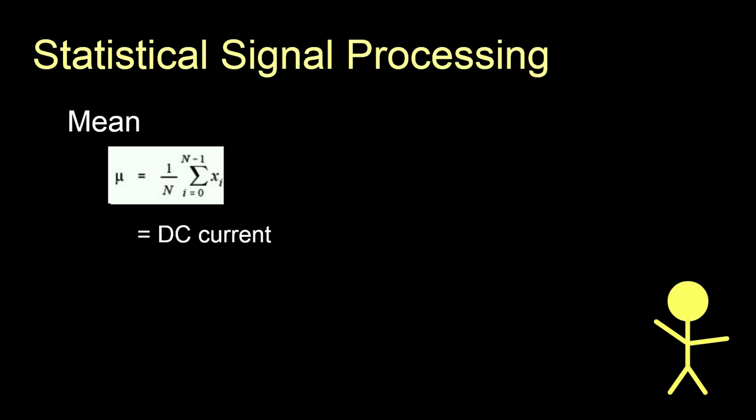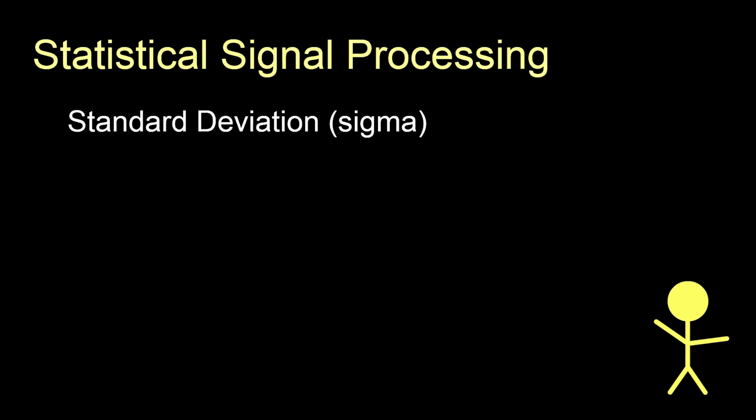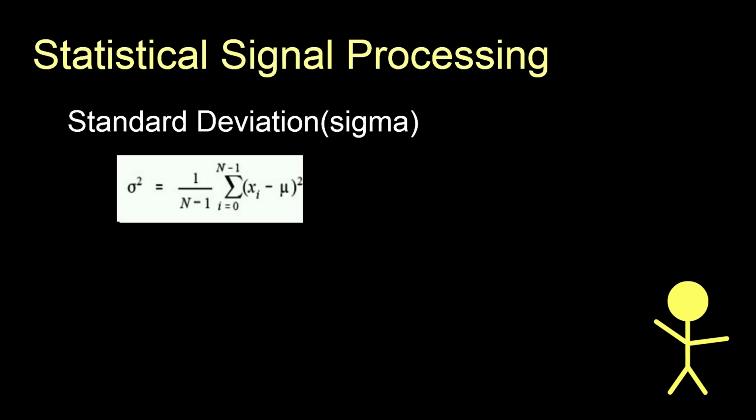In electronics, the mean is commonly called the DC or the direct current value. The AC or the alternating current refers to how the signal fluctuates around the mean. Next, we have standard deviation, which is denoted by sigma. It's the square root of the summation of the deviation from the mean squared divided by the total number of samples. The deviation from the mean is squared because averaging is done with power, not amplitude. Because when signals combine, the noise is equal to the combined power of the signals, not the combined amplitude.